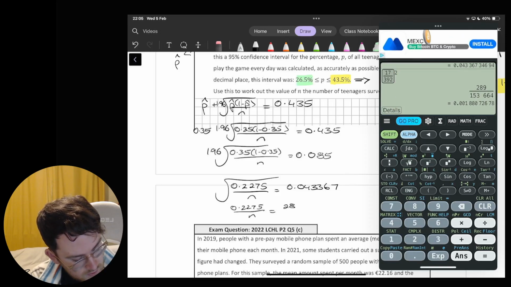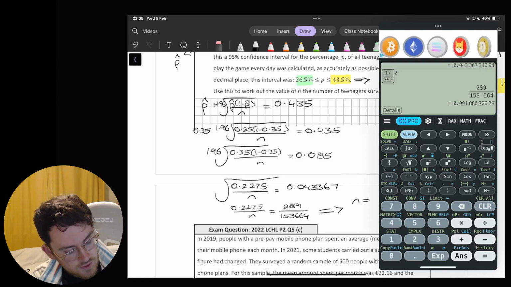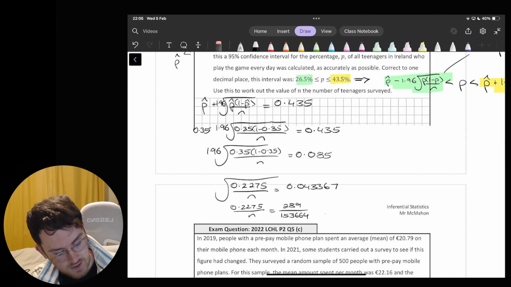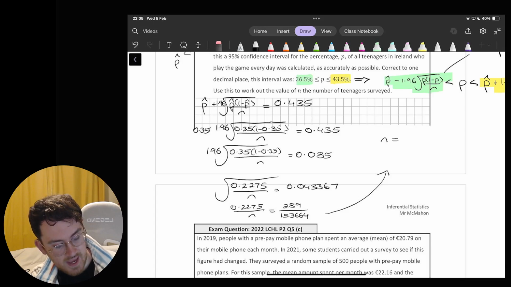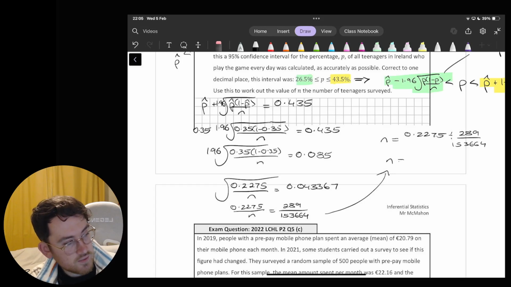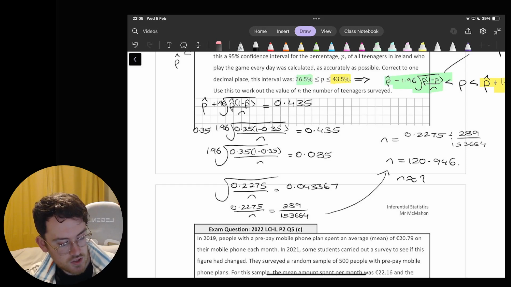Okay, so we get 289 over 153664. And then doing a little bit of work here, I'll take this up a bit higher so that I have a bit more space. Multiplying N up here to get 0.2275 divided by 289 over 153664 is going to give me an answer for N of 120.946. Because N is a number of people, we have to go upwards, so we round upwards